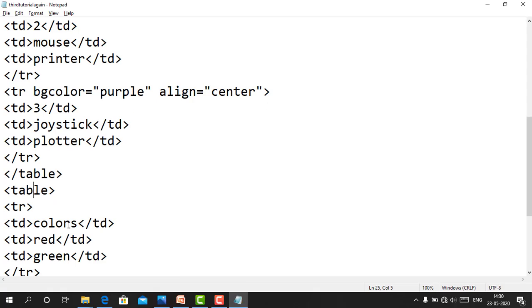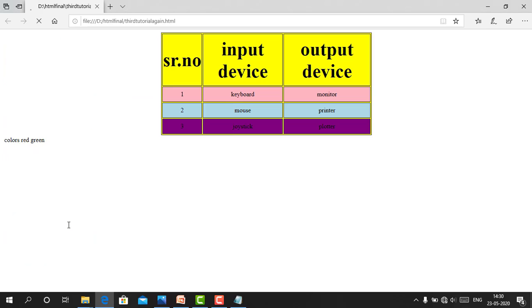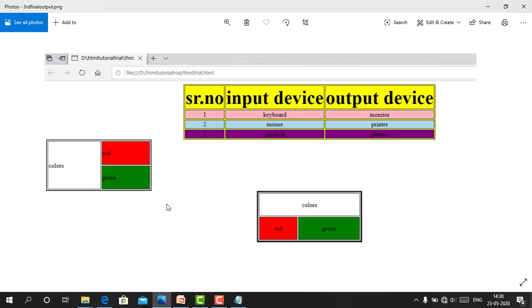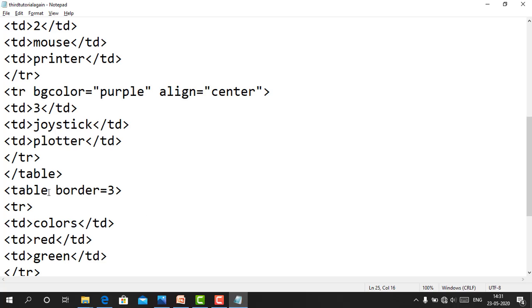That's why we will create now border, table border. Okay, table border, border equals to, we will keep the 3. Okay, Control S, Alt Tab, F5. Okay, but which type of table we want? We want like this, means one row is divided into the 2 section. That's why we will use the row span. Okay, the first row is there.